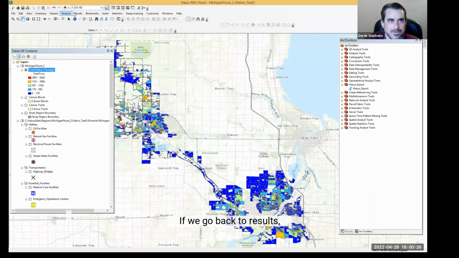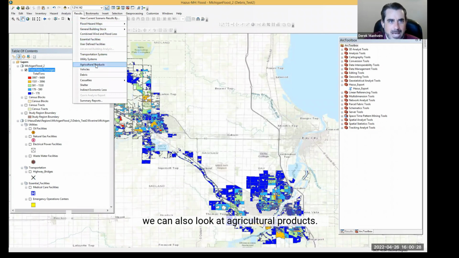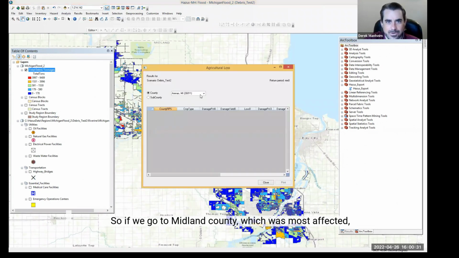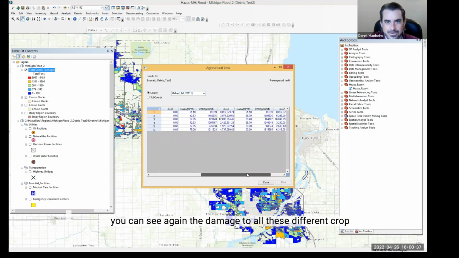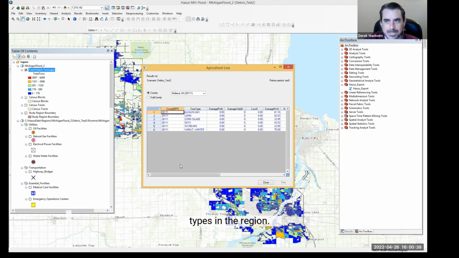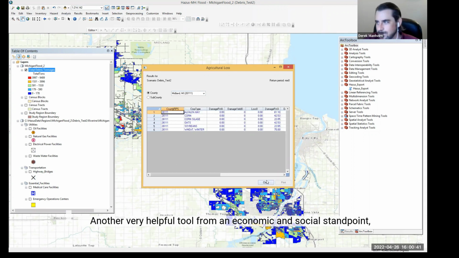If we go back to results, we can also look at agricultural products. So if we go to Midland County, which was most affected, you can see, again, the damage to all these different crop types in the region. Another very helpful tool from an economic and social standpoint.